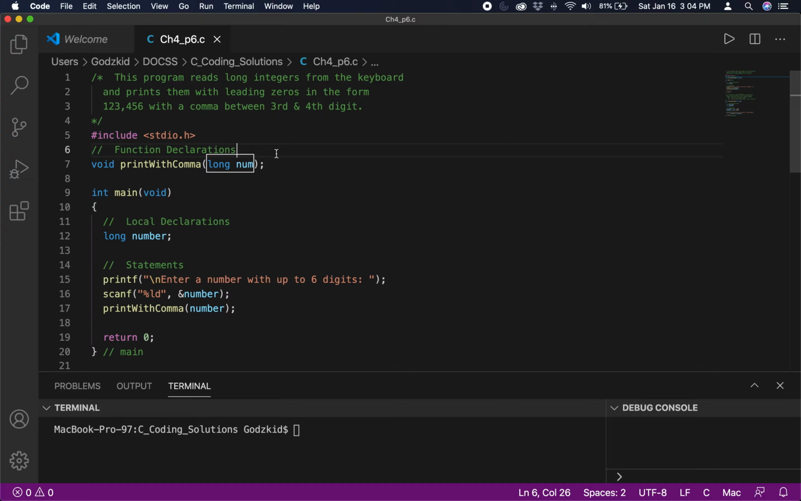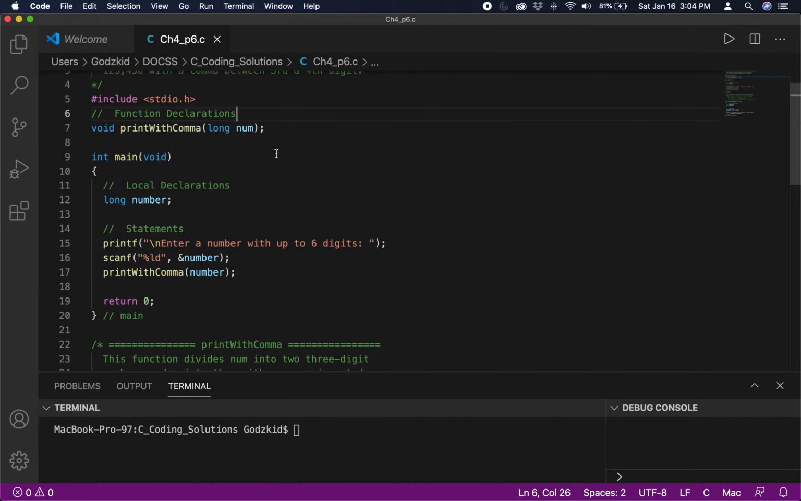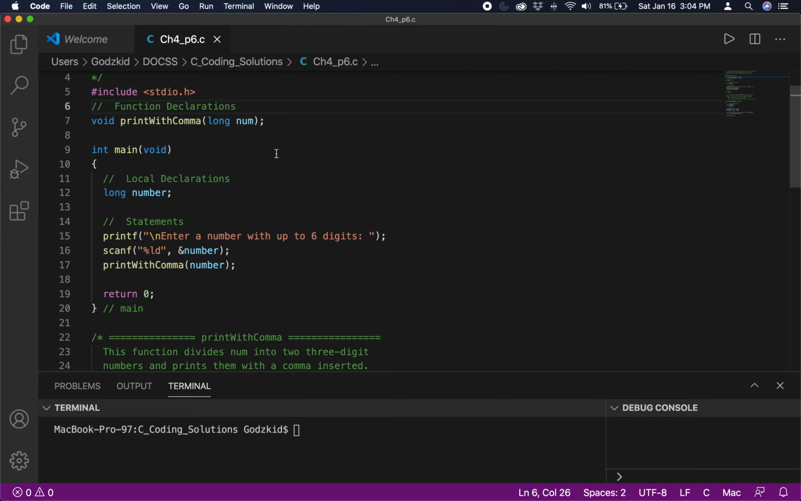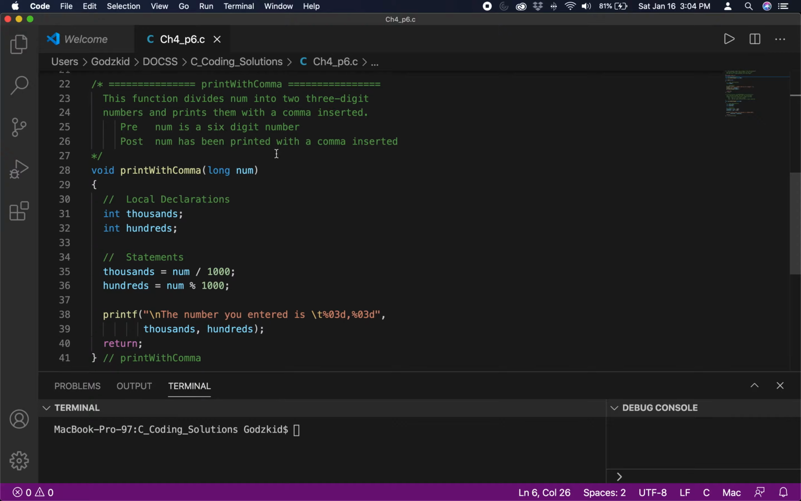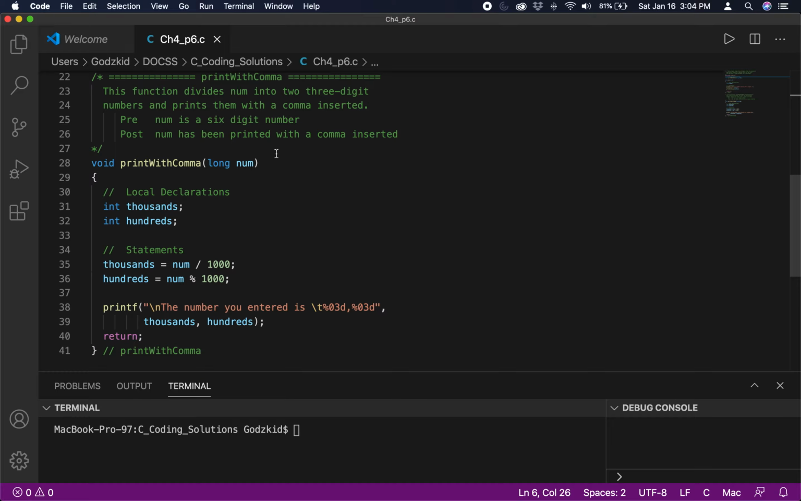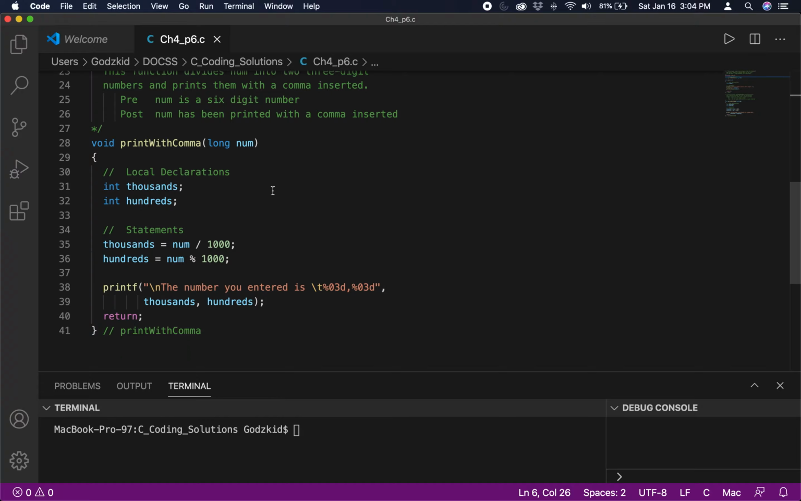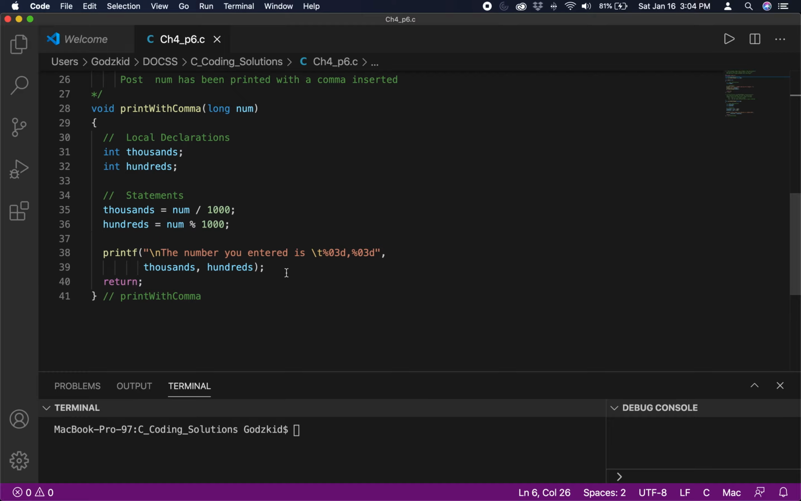So what we will do is just pass in the number into the function and then print it out. So the definition of our function is as follows, right? Like I said, it will take in a long num, do the computation or do whatever it needs to do, and then print it out. So that means that the function does not have to return anything because it is already going to print out something to the user. So what we have is two local integer variables that we're going to use